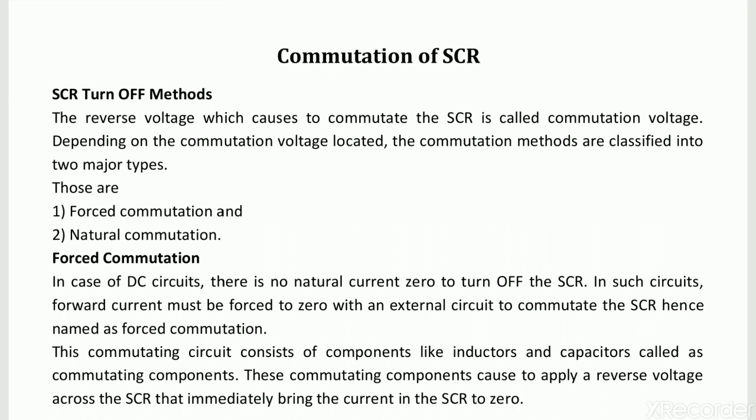Once the thyristor starts conducting, the gate loses control over the device. Therefore, external means may have to be adopted to commutate the thyristor. That means once we turn on the thyristor, the gate loses control over it, so some external circuit, an external power circuit, should be provided to commutate the thyristor or to bring it back to the turn off state.